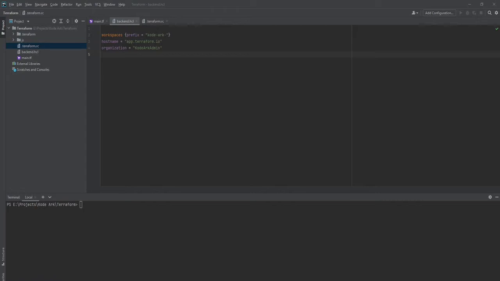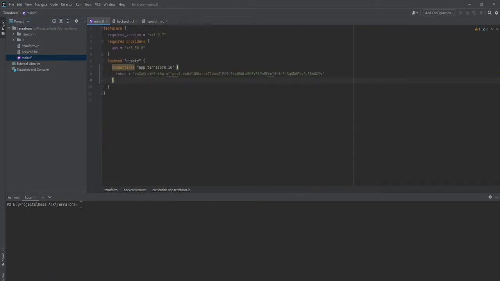In the previous lecture, we created the backend.hcl and terraform.rc. I'll copy it to the main.tf under the backend, and I will remove everything from here as well.